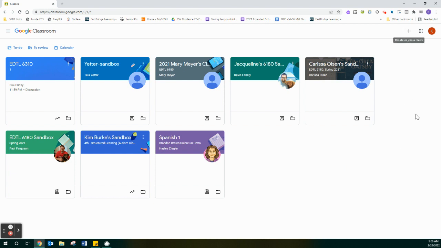new class, say I'm teaching multiple subjects, if I'm not like an elementary teacher where the kids are with me all day, say I'm junior high where I teach language arts and social studies perhaps, this is how I would create multiple classes. It's very easy, just clicking on the plus button. So either you're going to join a class or create a class. So I'm going to create one,